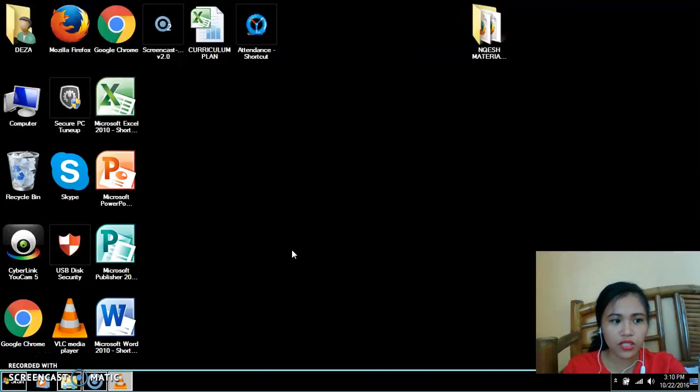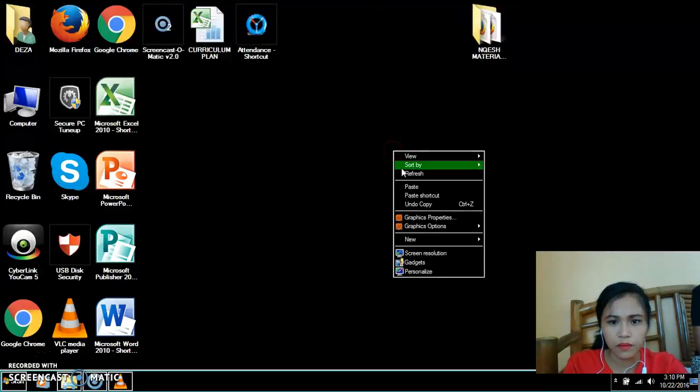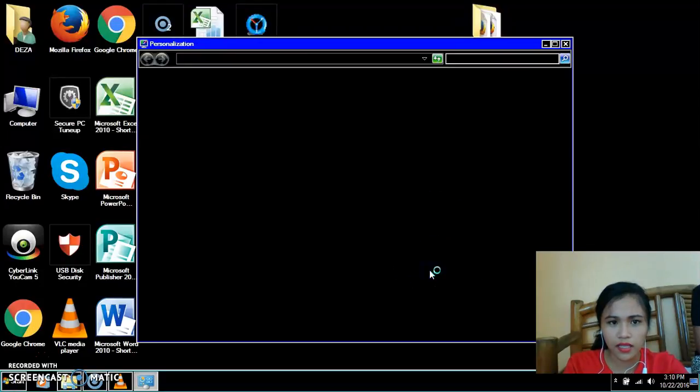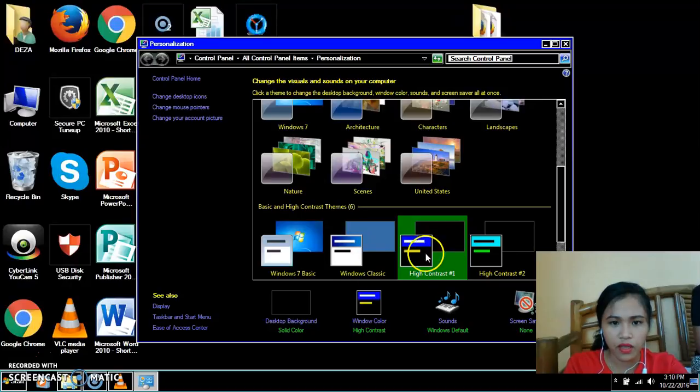So to change the color of the window pane, perform the following steps. So first, open the personalization window, then find the window color. Now click the window color.